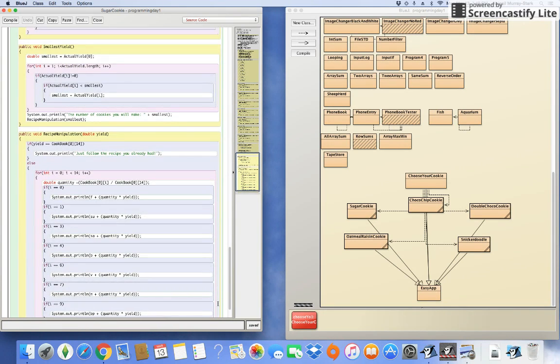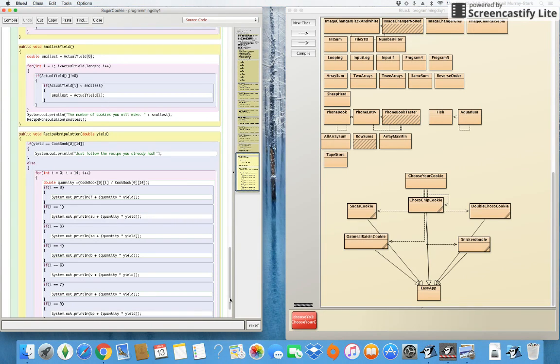And then down here are the 2 very important complex methods that I used. The first one is smallest yield. So the smallest yield one finds the smallest yield, so it's in the name basically, but it takes the array of yields that were inputted before in the ingredient input methods, and it finds the smallest one. Now the reason why it finds the smallest one is it needs to find the least amount of cookies that you can make,